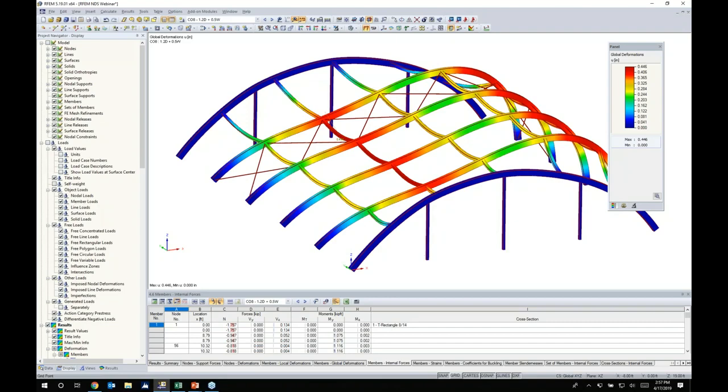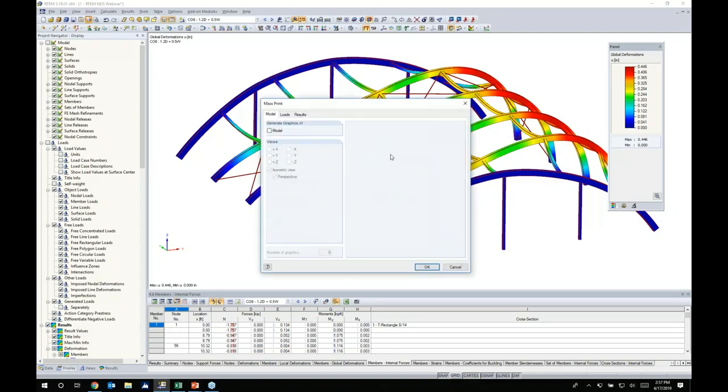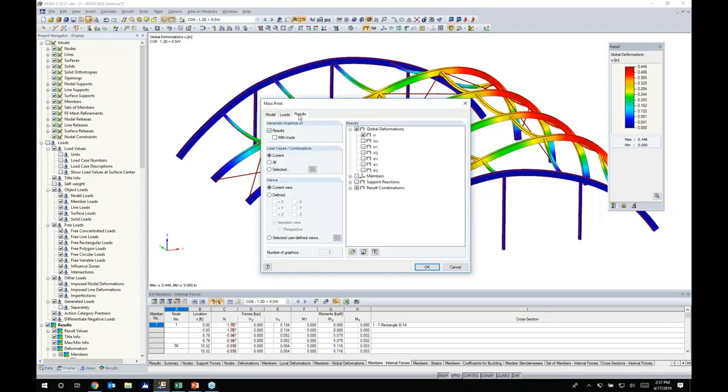So if I wanted to print off multiple load combination deflections, you might be thinking, okay, well, we'll snap a picture, add it to the printout report, change the load combination, snap another picture. But we have a very useful feature in the program called mass print. What I can do is to access this option up here to print my graphic, and you can see mass print available to us here. So I can go into the detail settings of this, and in particular the results tab, and the program assumes I probably want to print off what I'm currently looking at. So you can see here global deformations are listed,